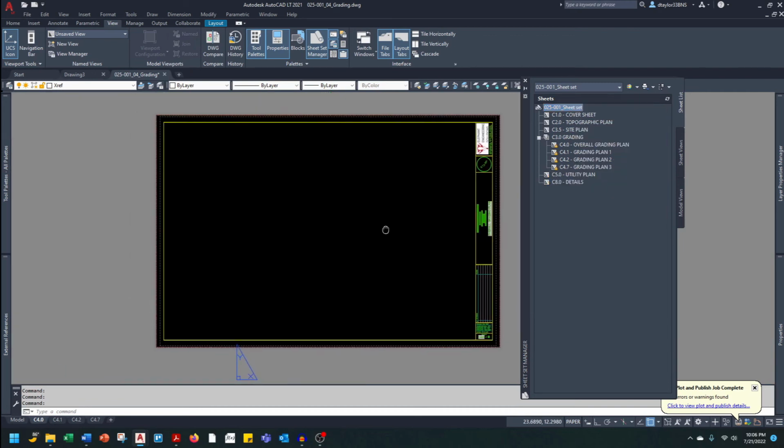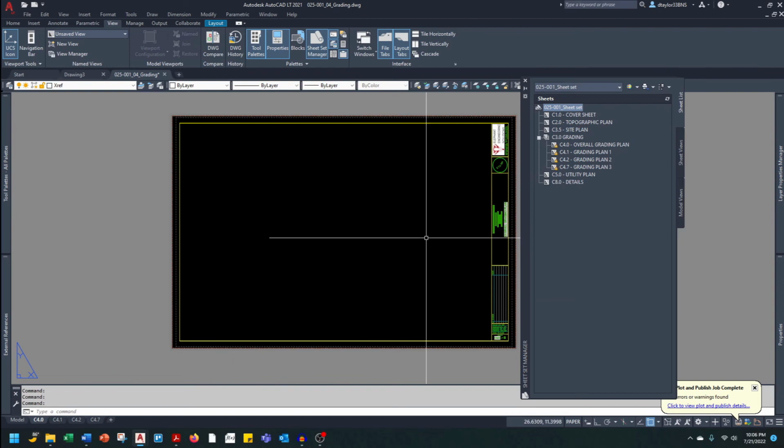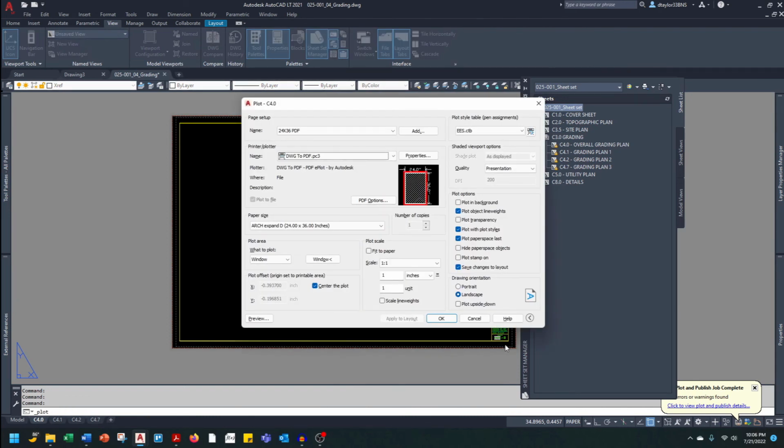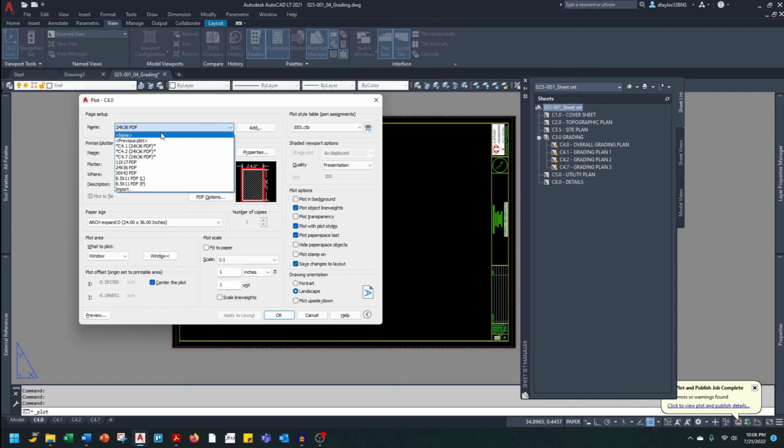One thing I should mention is in order for this to work, you have to have the print window set up before you publish. So if I go into the print dialog box, you can see I'm using 24 by 36 paper with a 1:1 scale. The window is set to the limits of the paper. If I go in and change this to 8.5 by 11,